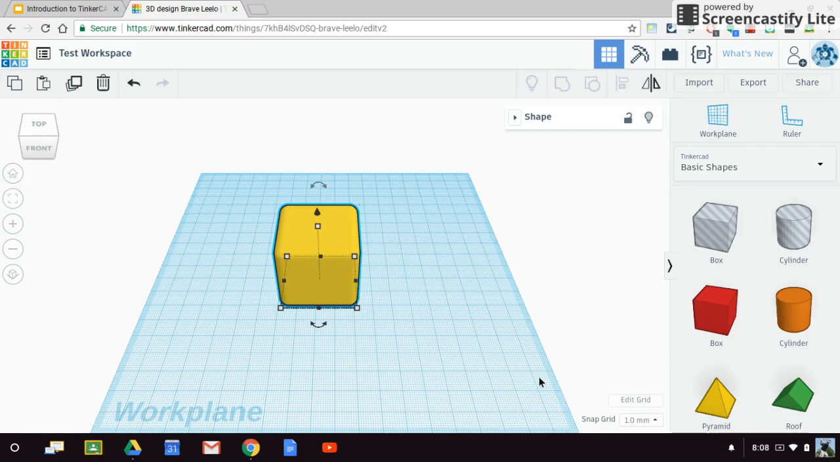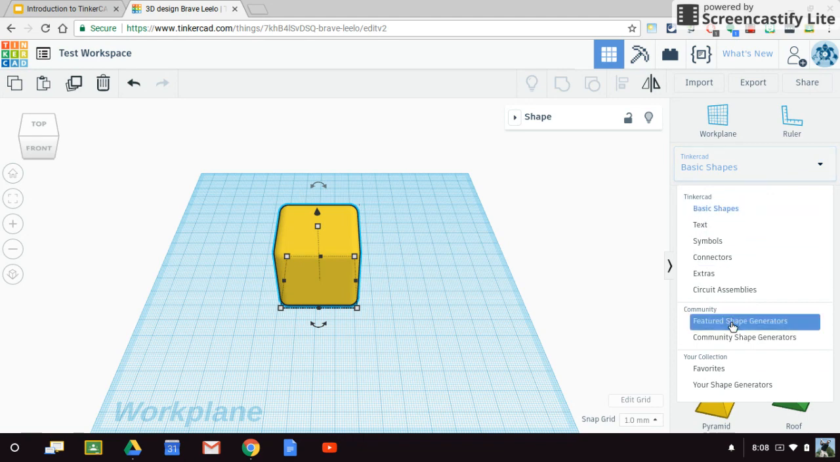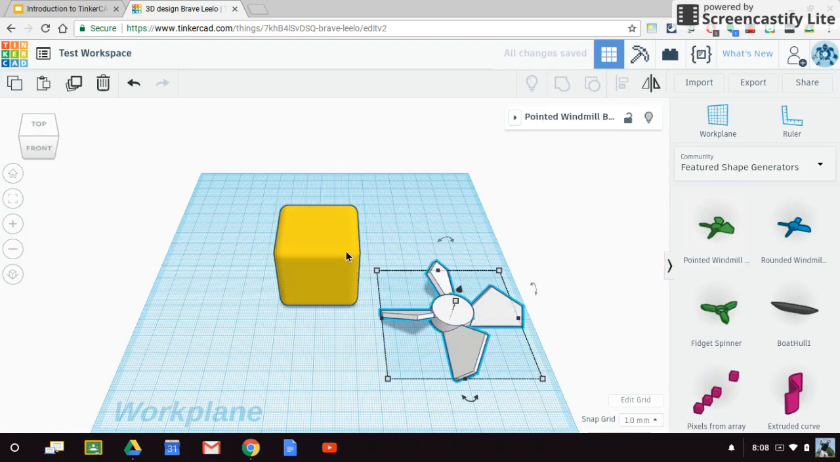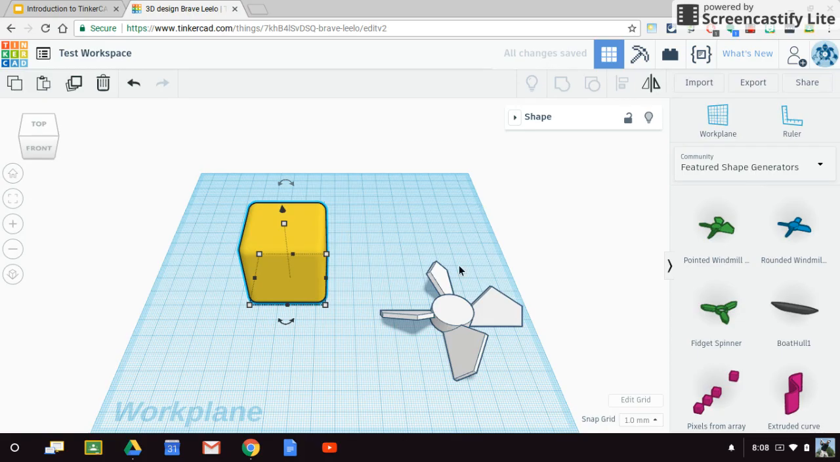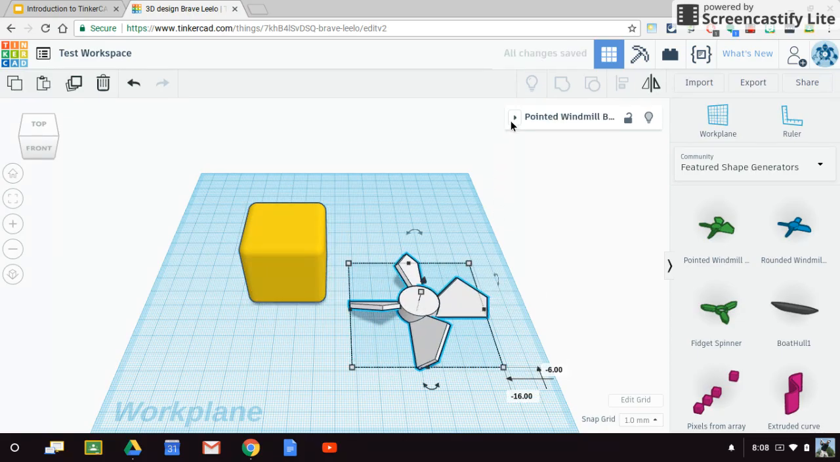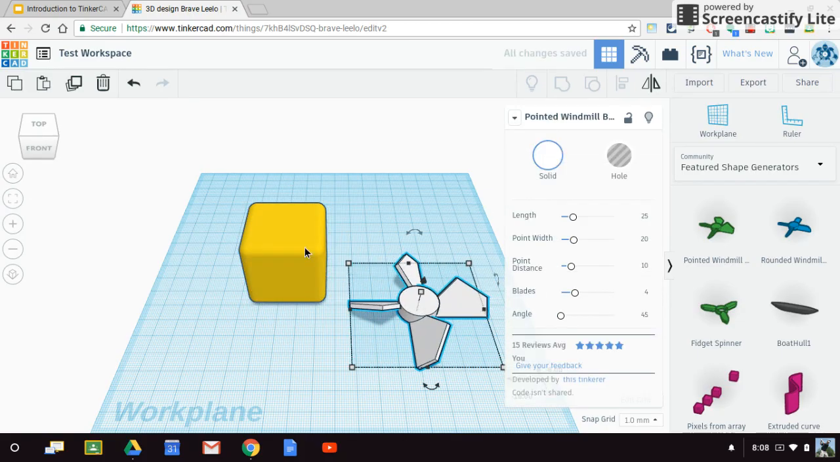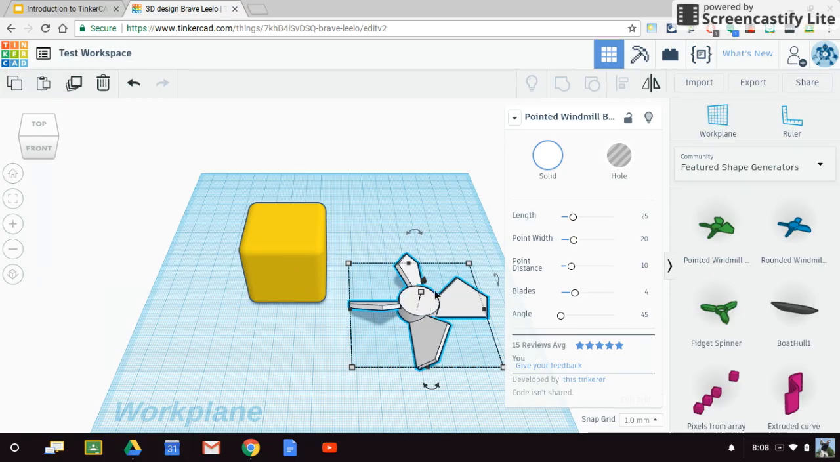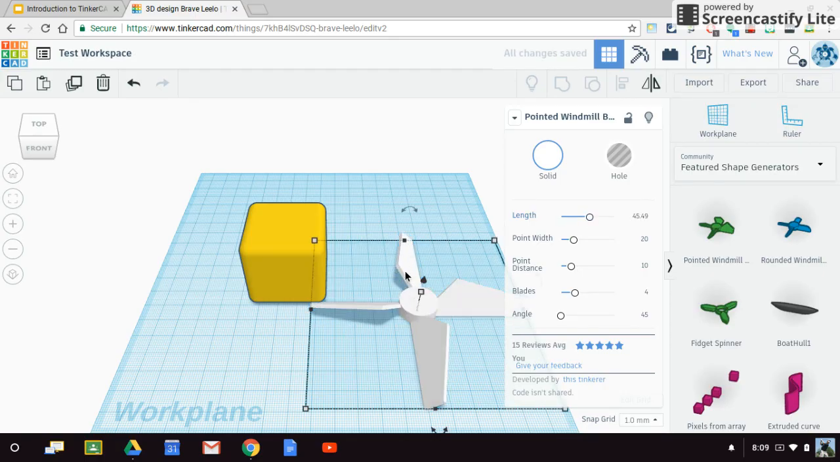This works with all of the shapes. Depending on the shape that I have in my work plane, depending on the elements that are inside of my panel here, I can see the panel is going to change. The properties that I can adjust are going to change depending on the shape that I have on my work plane. So I can see that if I want to make this longer,